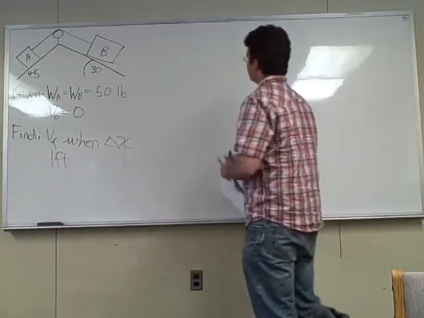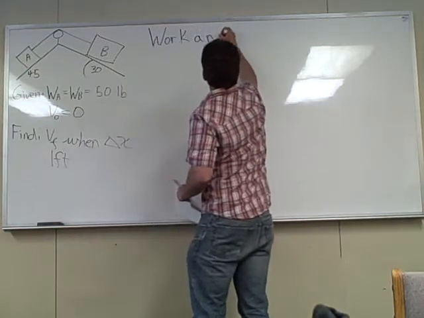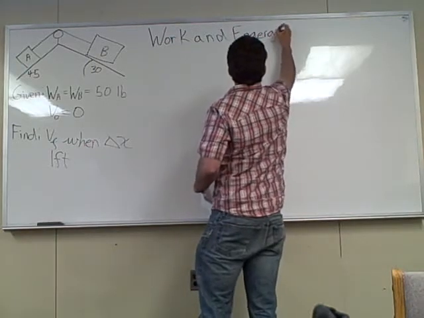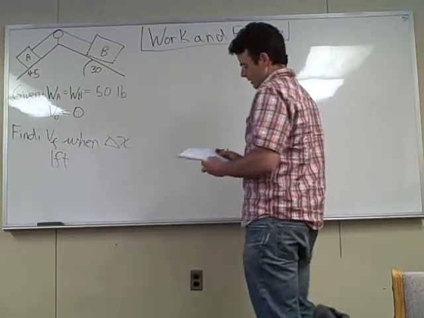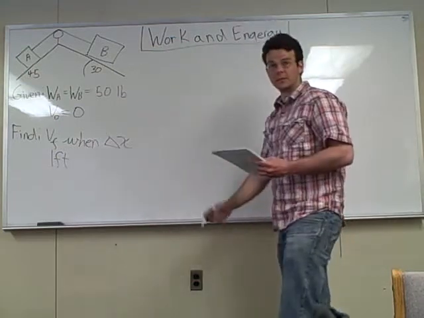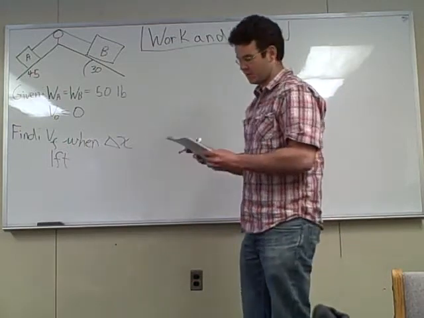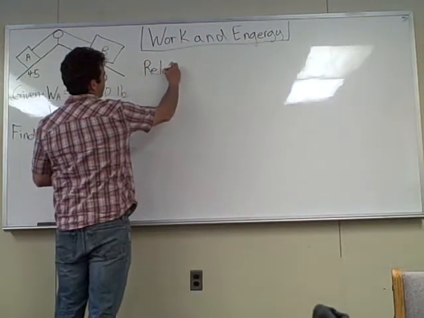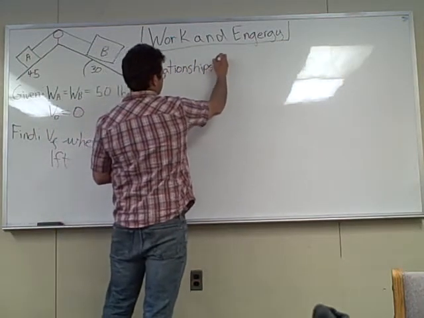So the method that we're going to use, this is a work and energy problem. Work and energy. And the method that we're going to use is, I guess I'd say, the pure work and energy form. Like previously we used Newton's second law, and this time we're just going to cut straight into the equation that you see in the book. And so the relationships that we're going to work with are,